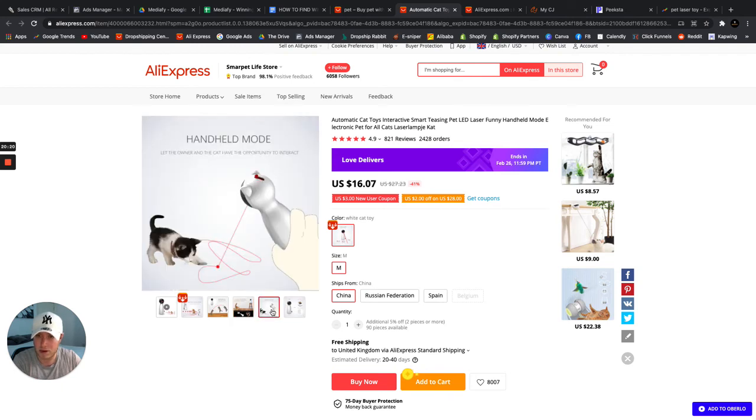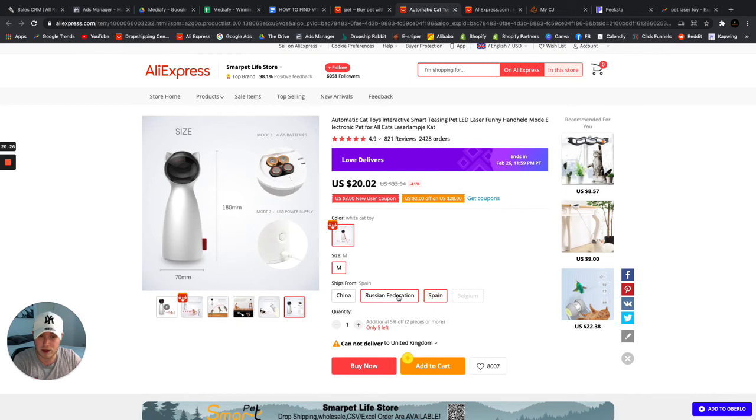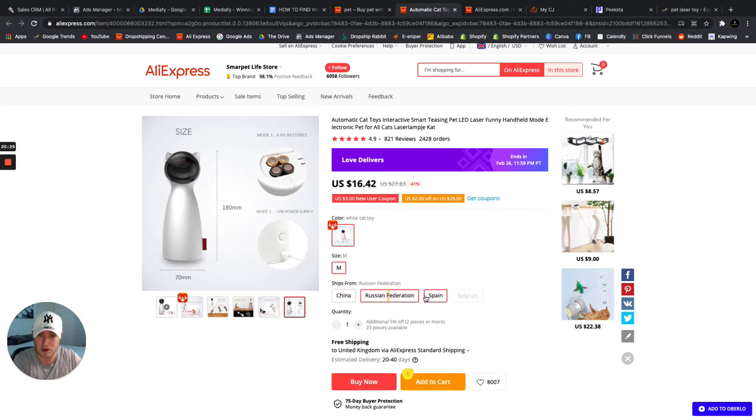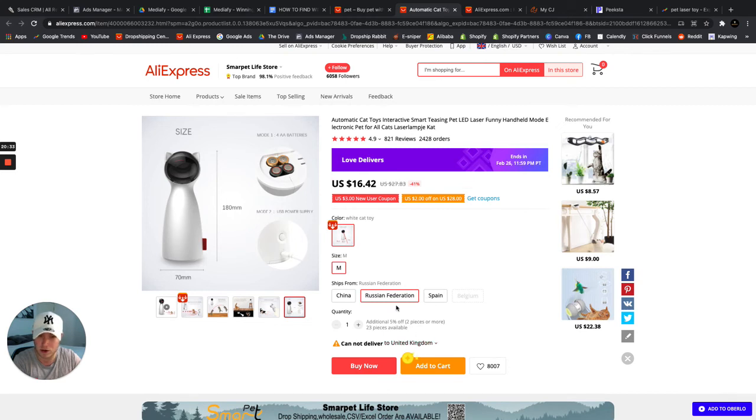Probably cut it out and put it on its own Canva. Probably give it a little edit on Canva or whatnot. But yeah, so this is another major thing. Take note of the fulfillment centres that are being used. If you feel that you can't deliver to certain countries, like I can't deliver to the UK from the Russian Federation, what I'm going to also do, most of the time I do this with every product,